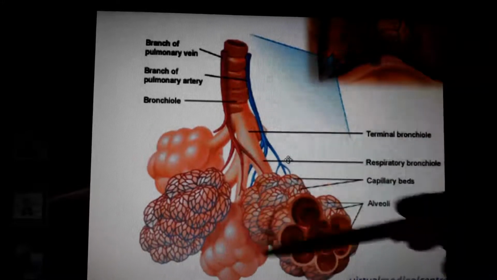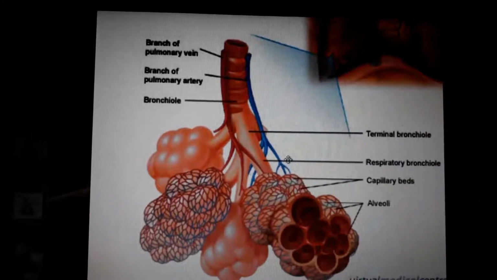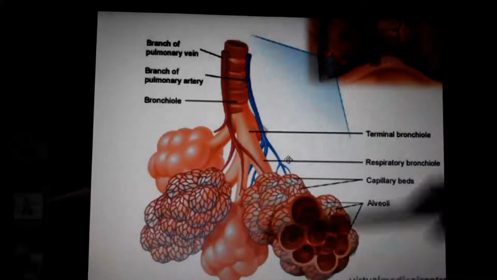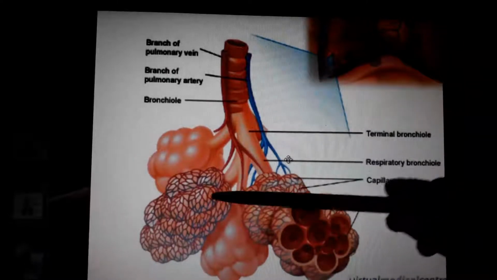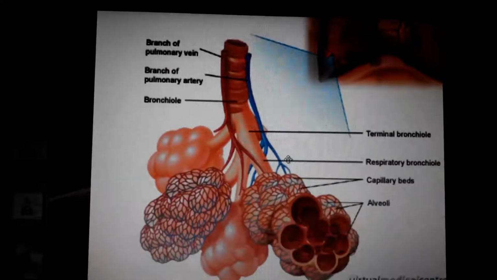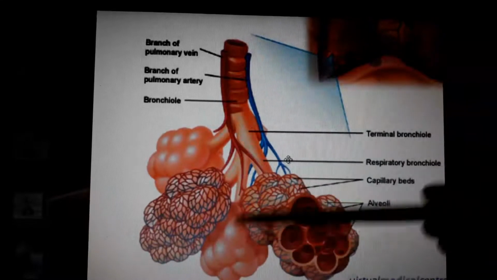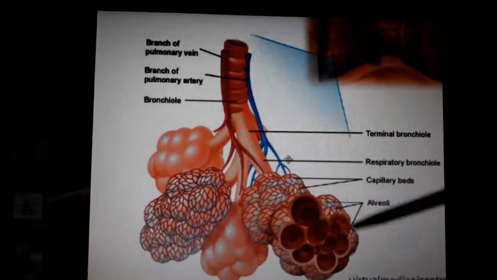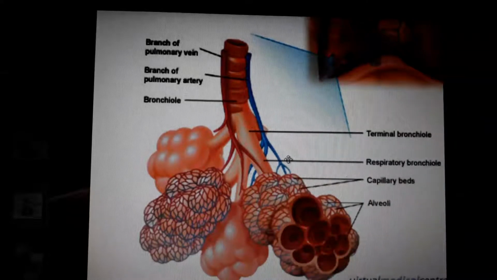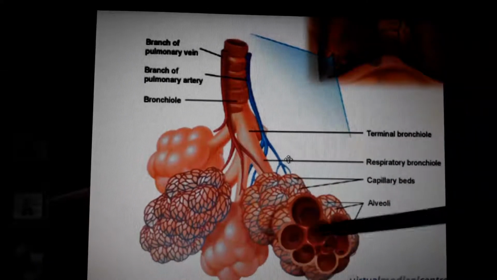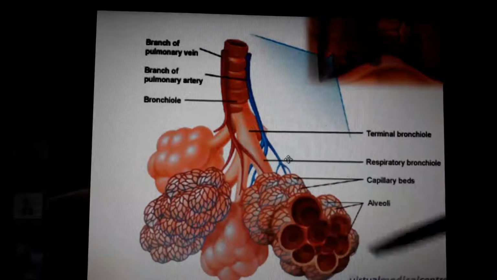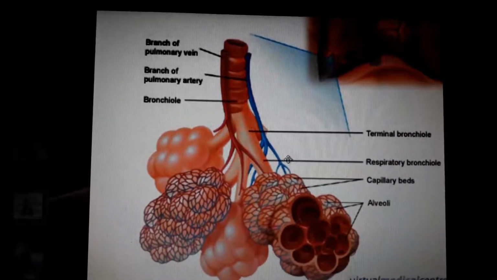Did you understand this diagram? In the textbook it is a bit more complex. That's why I chose this diagram. Okay, so this is the alveoli, and this is a very important part. See how these capillaries cover the alveoli throughout. If it is a single round, understood? If it is a single round, what about the surface area? See, inside there are also lots of balloon-like round structures to increase the surface area. Whenever the surface area is high, a large amount of absorption takes place.